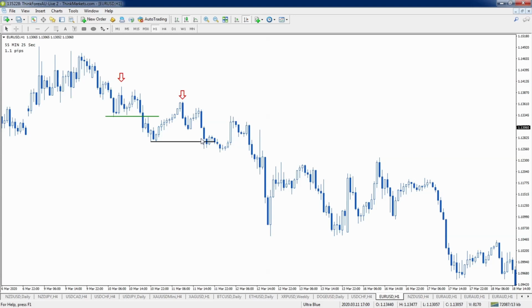Now again, we get the market that has moved below this level. So we're looking for that pullback. So I'm going to mark off this level. Now we're waiting for the price to get 1 pip below this level. And now that that has happened, we're looking for the highest high in between point A and point B there, and that is going to be right here. So we are going to move our stop loss to this level.